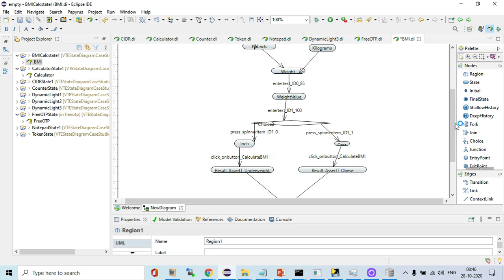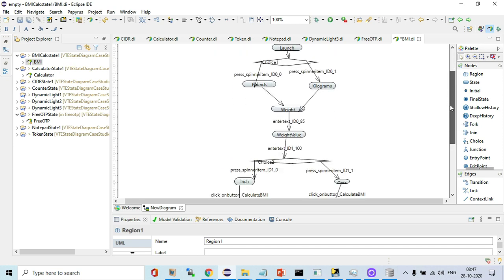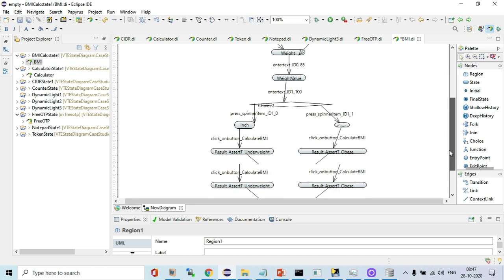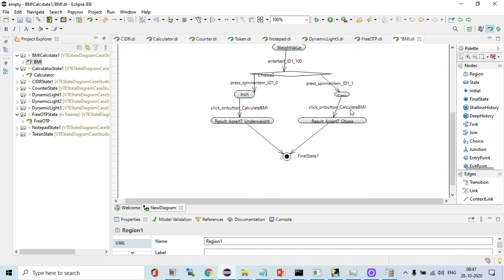Now you have to set the edit text area also. In the edit text area you can enter the values 85 and 100. Then you click on the calculate BMI button, and you will get the result, whether obese or underweight.